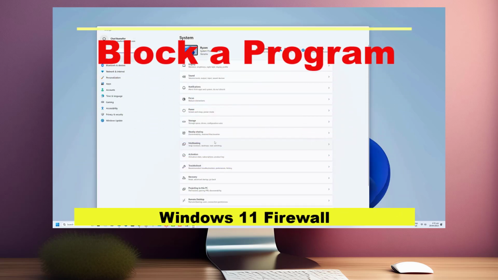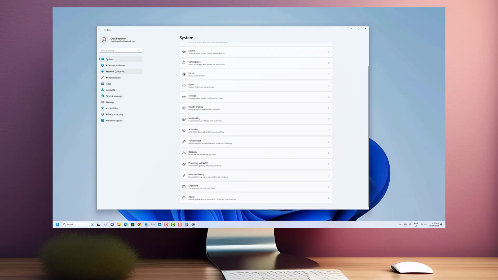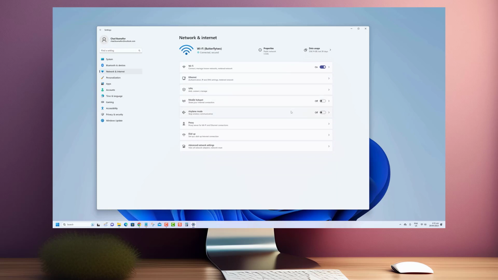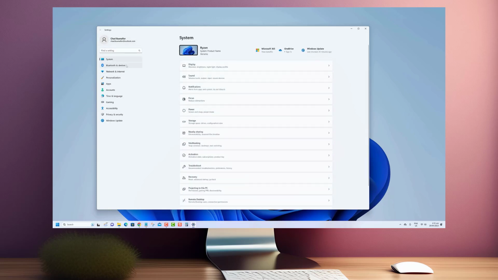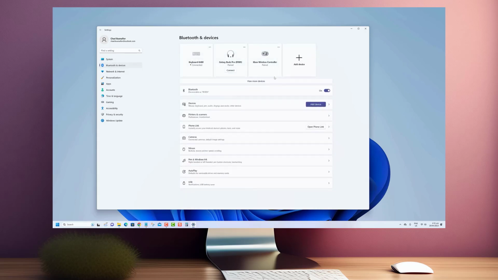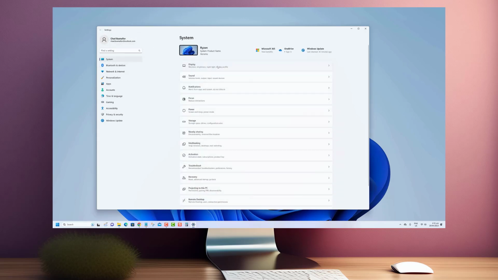In this video, we'll guide you step by step on how to take control of your computer security by leveraging the advanced features of Windows 11 Firewall. By blocking a program with Windows 11 Firewall, you can control its internet access, safeguard your data, and grant yourself